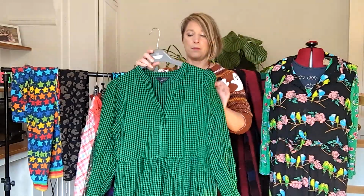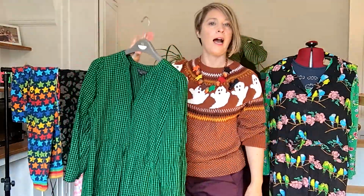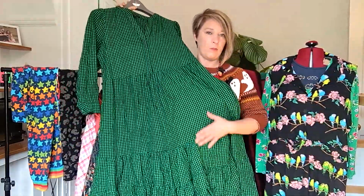It's the weight of the fabric. I wish you could feel it. It's weighty, but not in a horrible way, but it makes it swish when you walk, and it's not stiff, but there's a lot of fabric, and that's something that I really need to replicate. Sometimes I'm a little bit under generous when I do the gathers, even though I end up with fabric in it, and pockets. So this is something to really think about when I'm creating my dresses, is there is a loveliness to the weight of having these multiple layers and frills. And I always buy 3